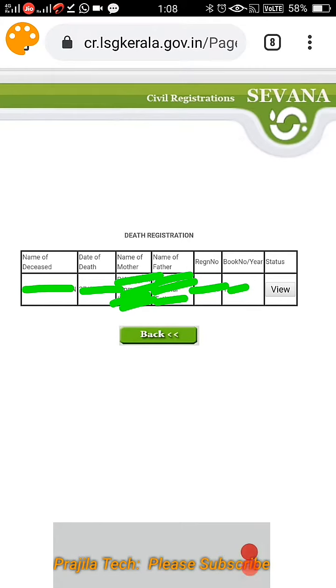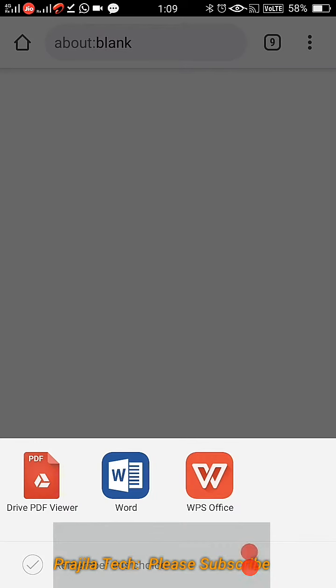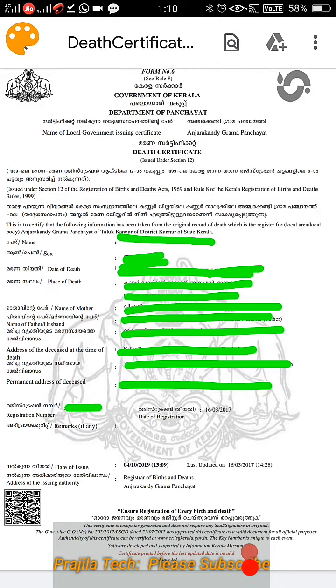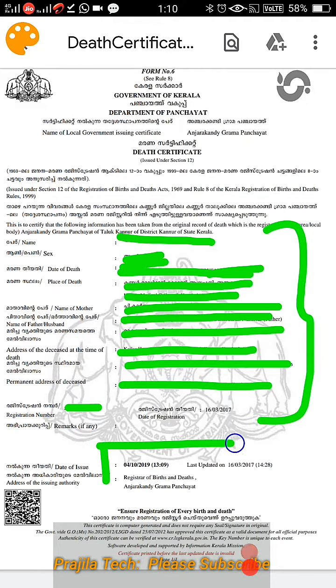You got the certificate here. Death registration details will be there. Click on view. You can download the death certificate. Once it is done, click on the open button and open it in your mobile. So you can see here my person's death certificate is there, and the same way as birth certificate, the date